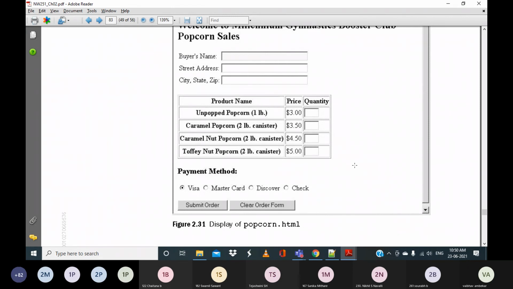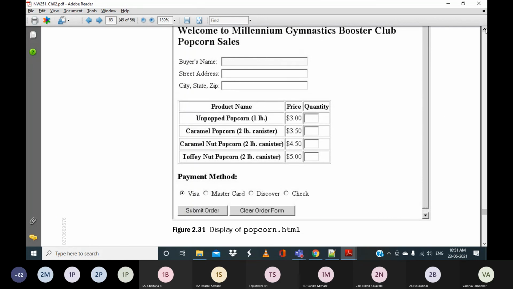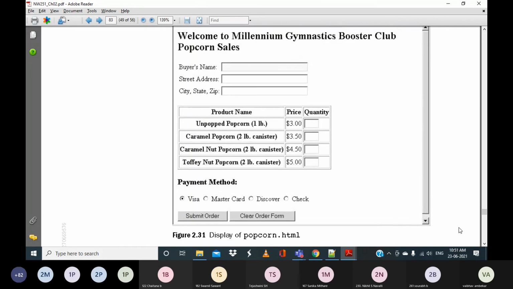Can you all do this? Or you can take your own thing, like product name equal to pizza, burger, pasta, and so on, and you can give the price and so on. Are you getting it? This is why I'm telling you, this is the application of using the form, that's it. Are we clear with this, everyone? Yes, sir.